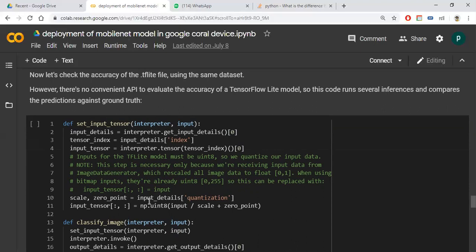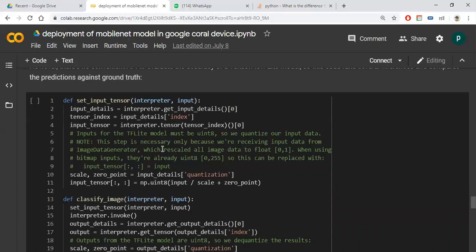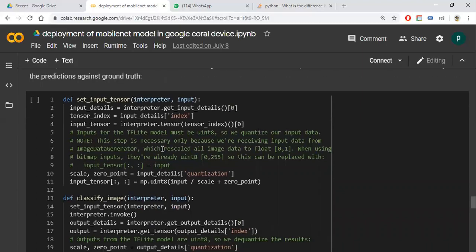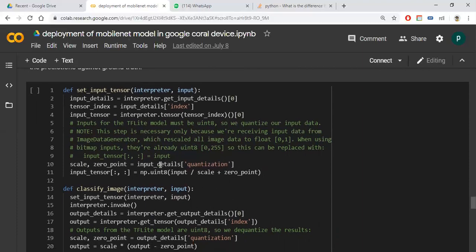There is no specific API to check the accuracy, so I need to do inference.